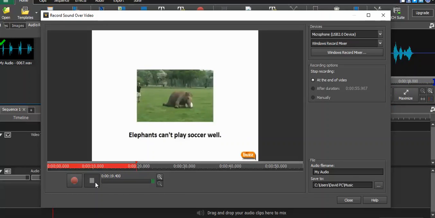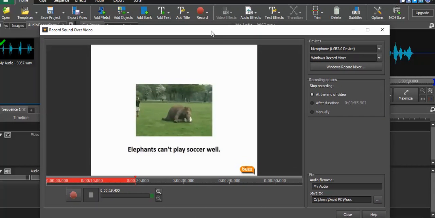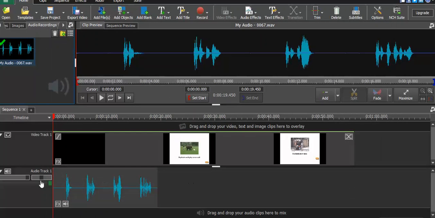Okay, I'm not going to do the whole video, but they're generally only about, like this one's only 50 seconds. So it doesn't take very long to do these. And this is about the simplest approach and tech that's out there. But what you want to do after you've recorded the audio here, underneath in the audio track,